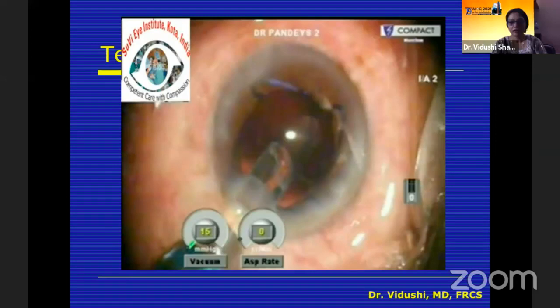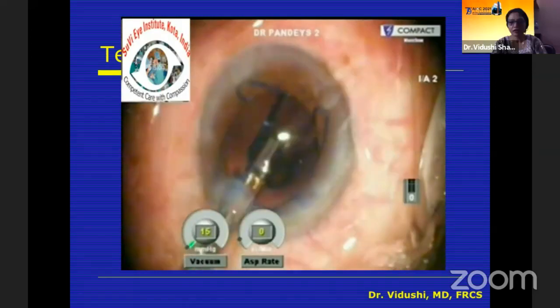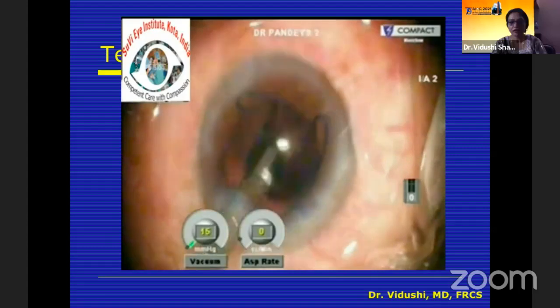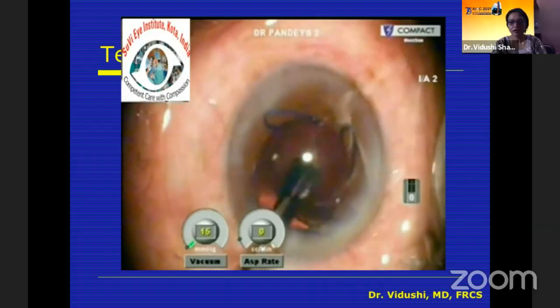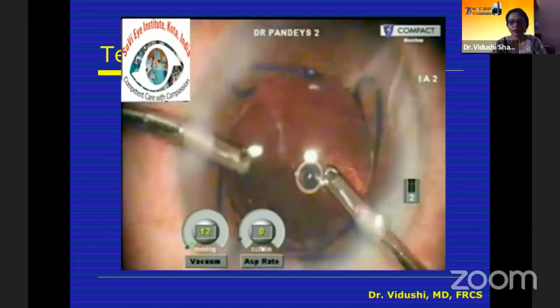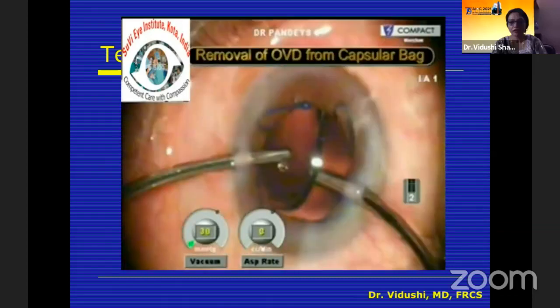So there are many kinds of pupillary expansion devices that are now available. What we offer, of course, adds a bit to the expense. All of them come with their own injectors, so you can easily introduce them in the anterior chamber. And again, in all these surgeries, even though the ring is there, we have to make sure that we remove all the viscoelastic, because these are all difficult cases where the viscoelastic is used more generously.